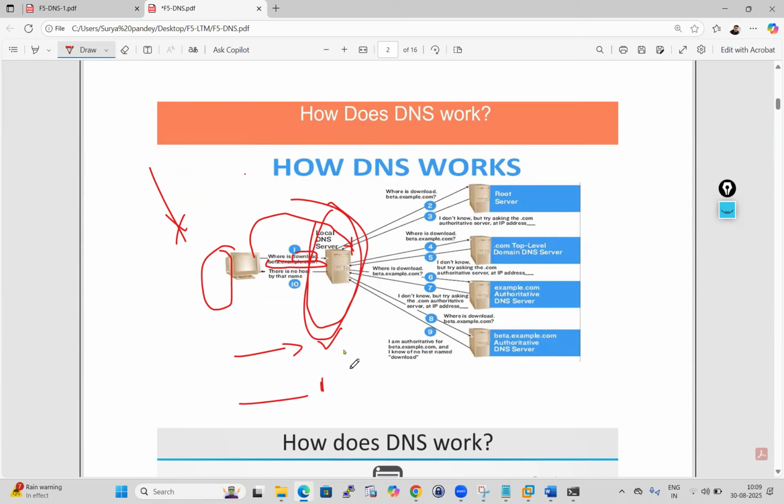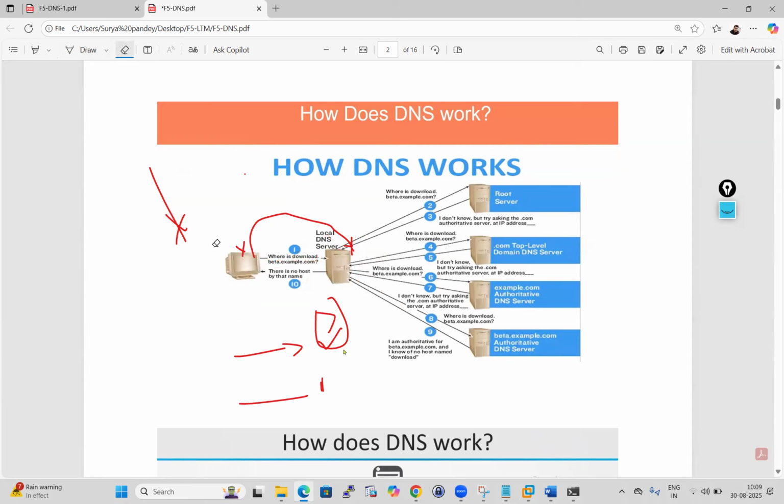Then it is going to check the cache file for that URL. Okay, there is an entry for that. If yes, it is going to provide the IP to the client, and the client will start communicating with that IP address. Okay, so just consider the user is trying facebook.com for the first time and that IP is not available to the local